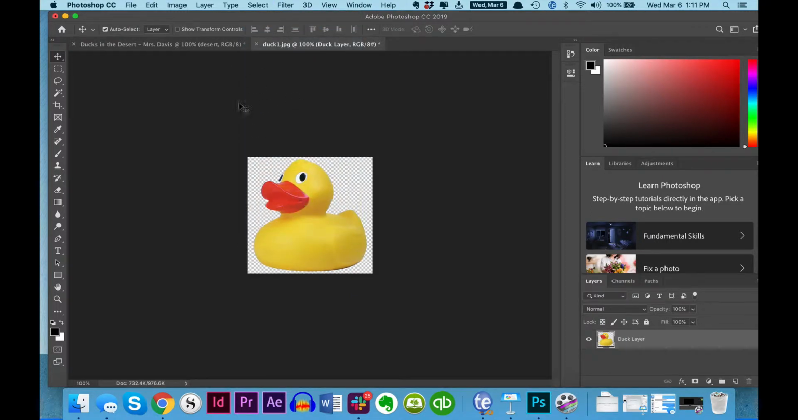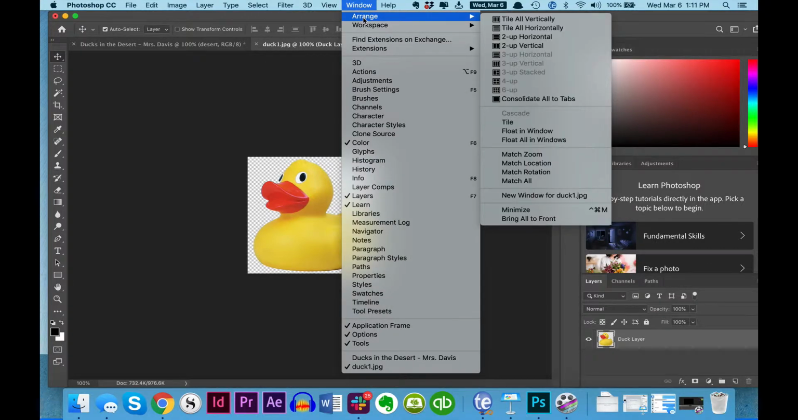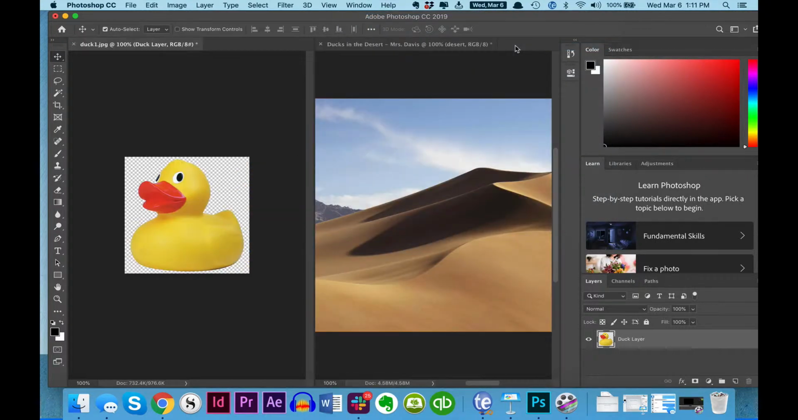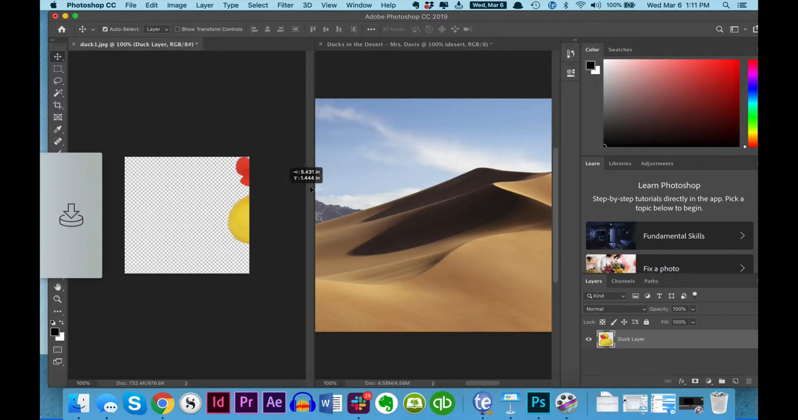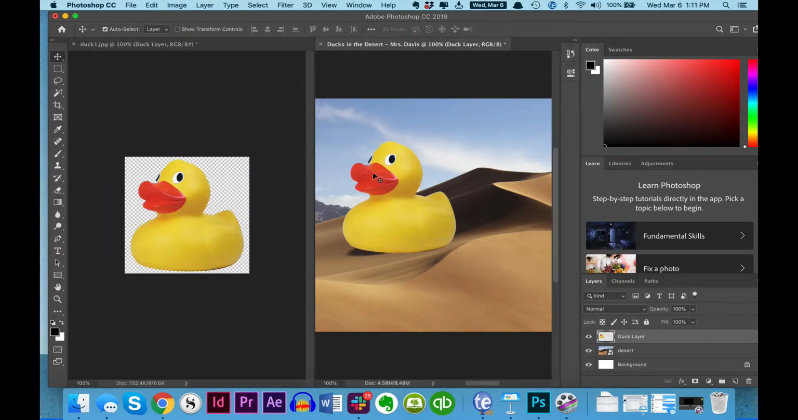And now I want to get the duck into the desert. So the easiest way to do this is to do a side by side. So I'm going to go to Window, Arrange, and I'm just going to tile these. I'm going to do 2 up vertical. Boom. Okay, so there it goes. So now I'm going to grab this little duck here, and I'm going to just drop it on top of